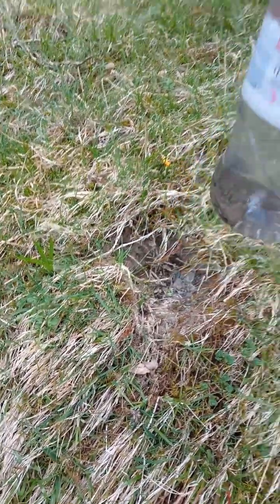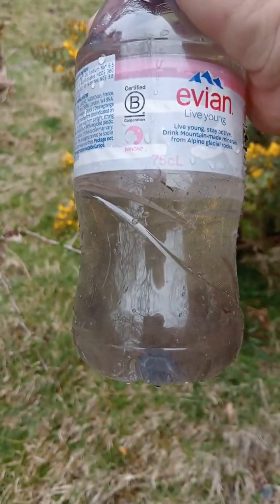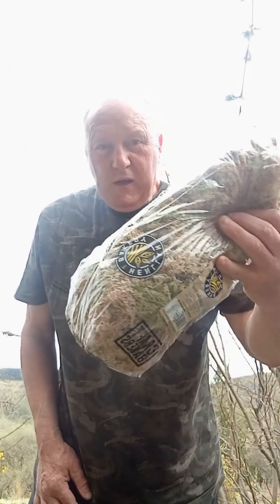What I've got here now is a bit of sediment. I've got some grubby water there. I've added a little bit of sediment to it because actually it was running quite clear. So as you can see, if I went like that now, that's quite grotty. You can see all the crap in it with the light there. So we're going to filter some of that out now. Got the bag of moss there, dirty water, and a couple of cleaner bottles. All I'm going to do is